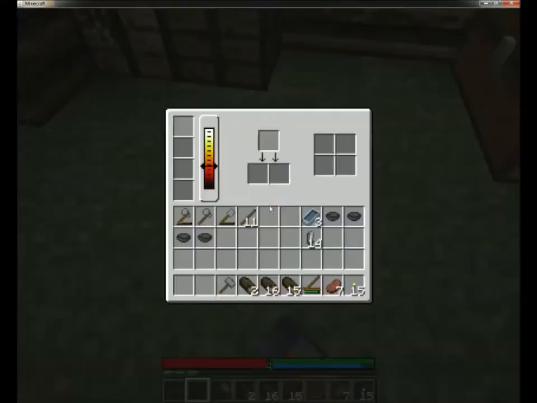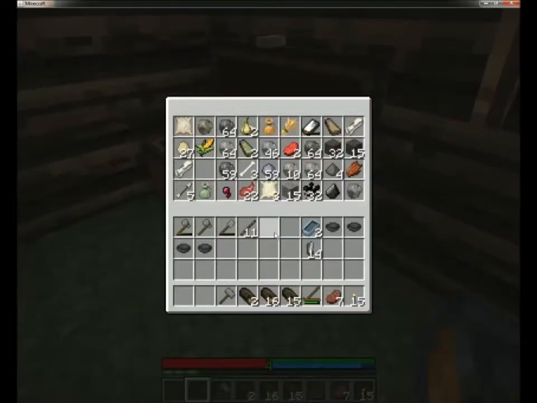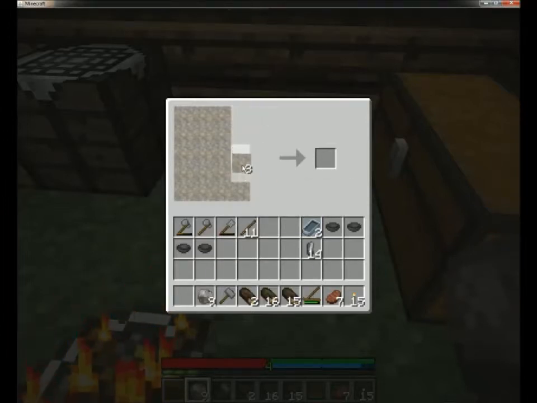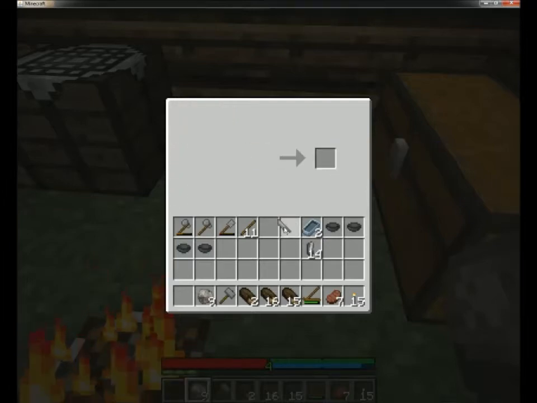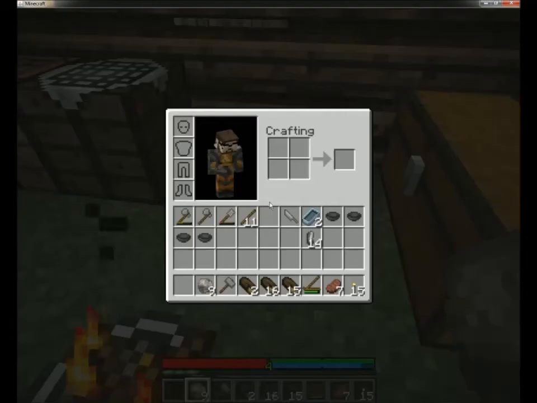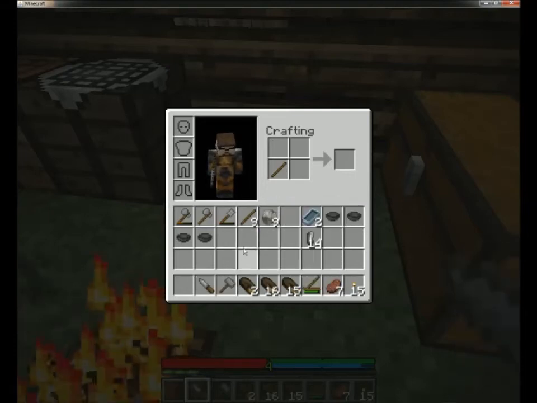Oh, wait. Let's go ahead and get that going. We don't want to waste that fire too much. Let's go ahead and cook up another mold real quick. There we go. I wanted to get a knife. I need a knife, and I need a javelin. Let's go ahead and do that. There we go. Knife blade, because I hate those damn things. I hate spiders in this. They're just very annoying. The constant ear-piercing sound that they make is just